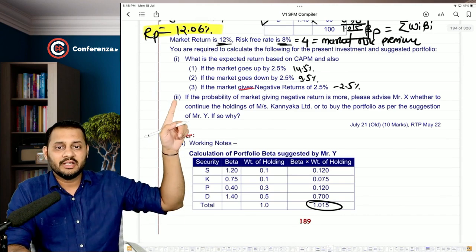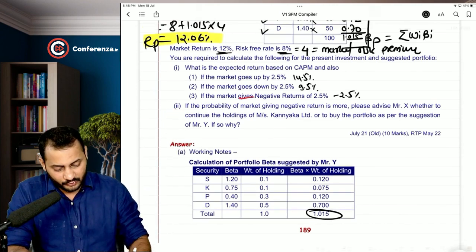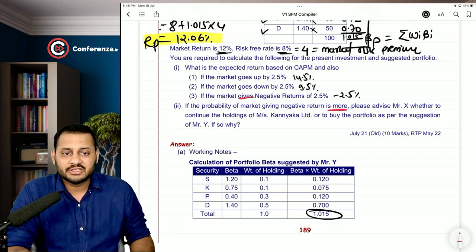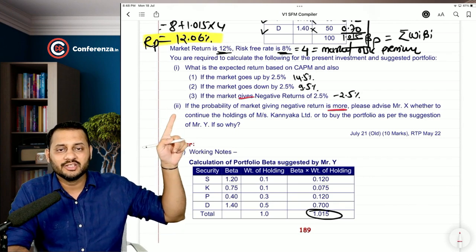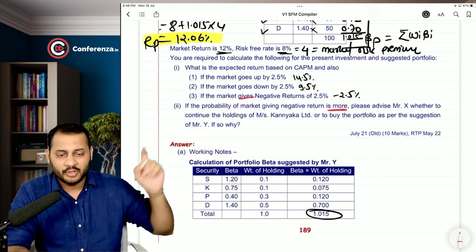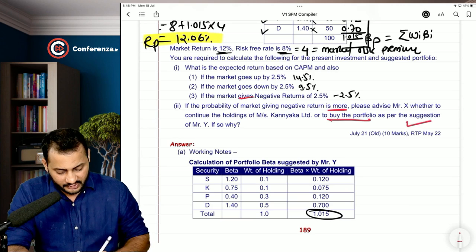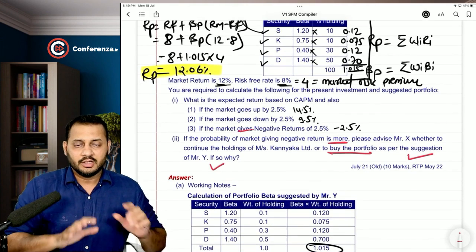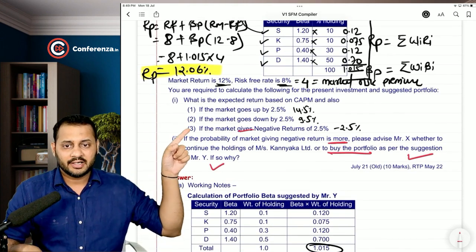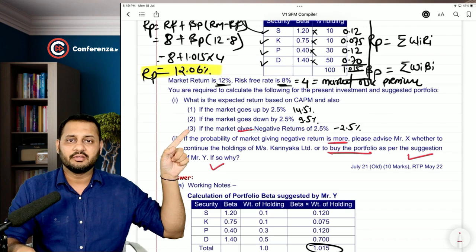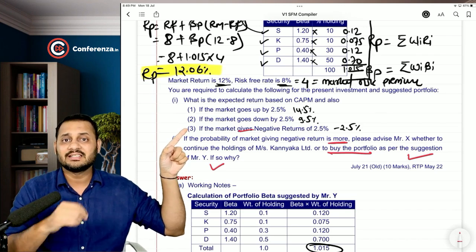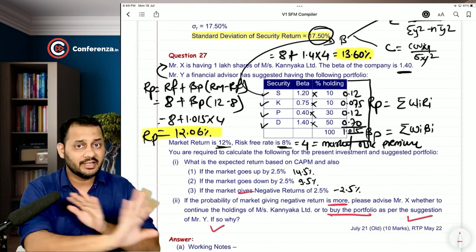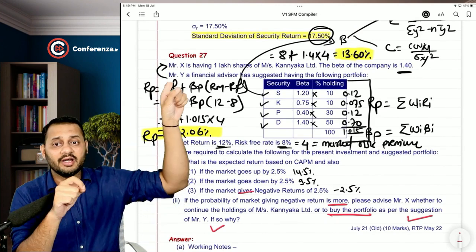Okay, if the probability of the market giving negative return is more, see, now this is something logical or analytical. Please advise Mr. X whether to continue the holdings of Messrs. Kanyaka Limited or to buy the portfolio as per the suggestion of Mr. Y. If so, why? It's very simple. The entire question is asking that the probability of market giving negative return is higher. And in that case, any portfolio with a higher beta is not suggested, and we have already purchased